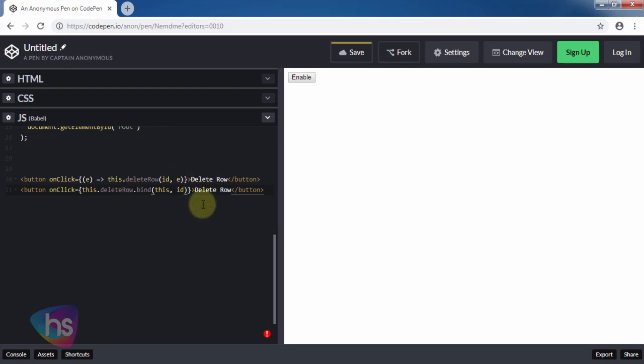Okay, the above two lines we have written here are equivalent and use arrow functions and Function.prototype.bind